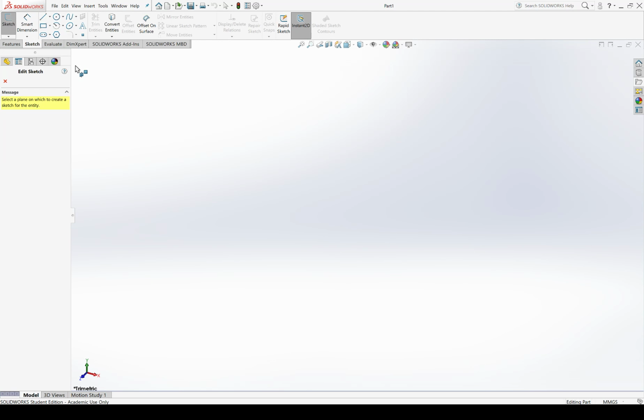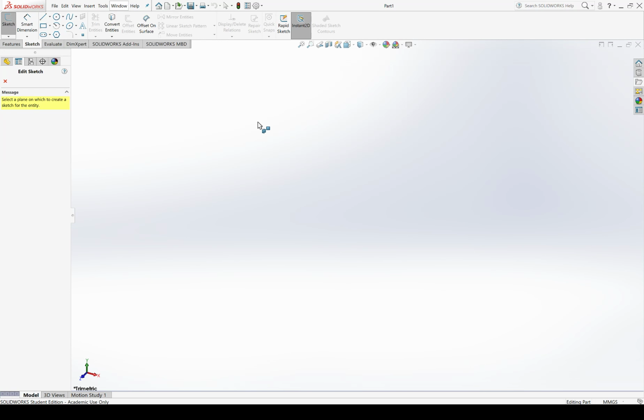Because I'm creating a shape that is symmetrical, it doesn't really matter where I create my drawing of a square. I could create it on the top and sweep that through space to make a cube. I could create my drawing on the front and sweep that through space to make a cube. I could create my drawing on the right and sweep that through space to make a cube. I will arbitrarily pick front.